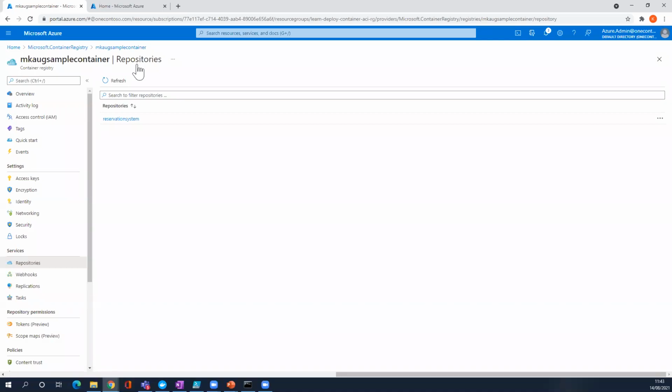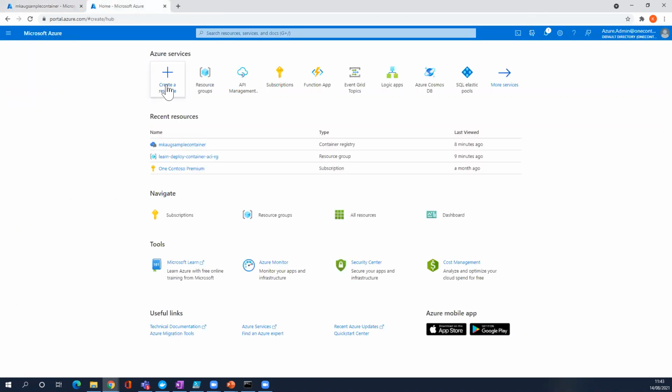Thank you for rejoining. Now the command is executed successfully. Now I can see the reservation system image registered in the Azure Container Registry. Now we are going to create an instance to run that image. So to do that, I'm just going to create,